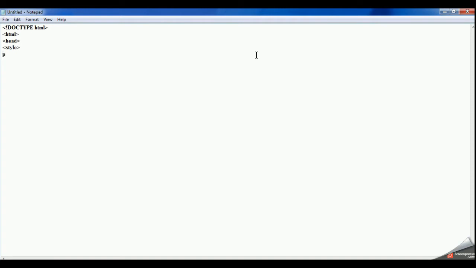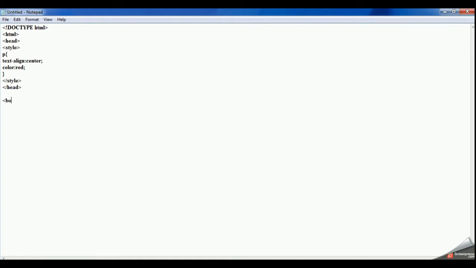In this, suppose I am writing paragraph P, then text-align colon center, that means I am editing all my paragraphs and making them center. And suppose I am changing the color of the paragraph to red. Okay, then I am closing it. I will be closing my style tag. After closing my style tag, I will close my head section.